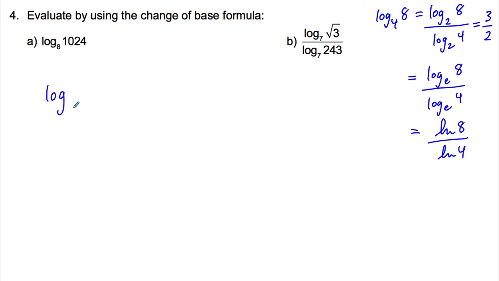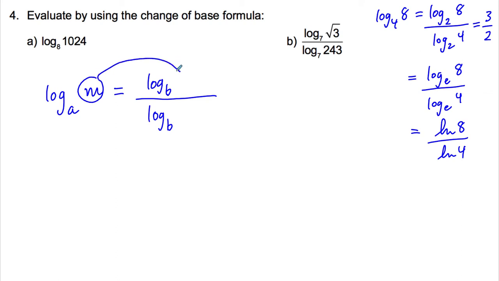If I have log base, say a, of some power m, I can write that as a quotient of 2 logarithms. Now remember that the value of a logarithmic expression is an exponent. So we're really finding the fraction of the exponent that you would put on base 2 to get 8, divided by the exponent that you put on base 2 to get 4. So in this case, I might choose any acceptable base m, and then my top power here is the m, and my bottom power is the a. So we can see that the m is higher than the a, which helps us to remember it. So this is our change of base formula,